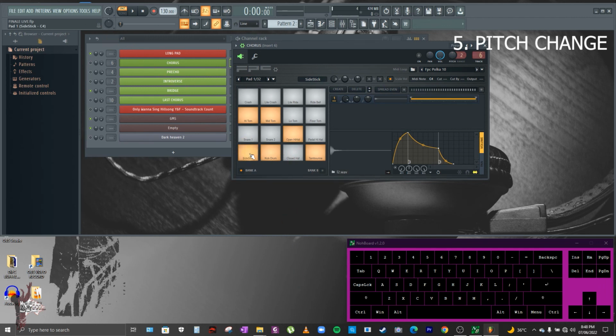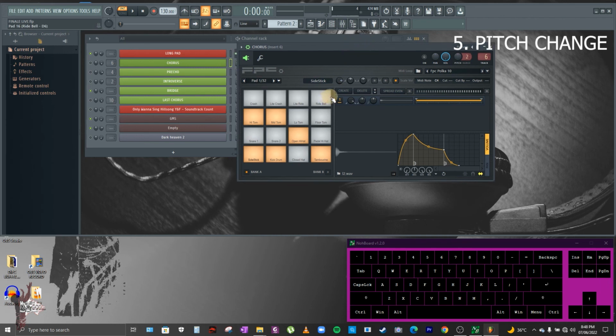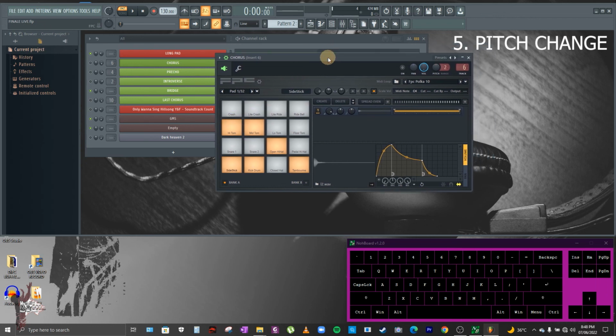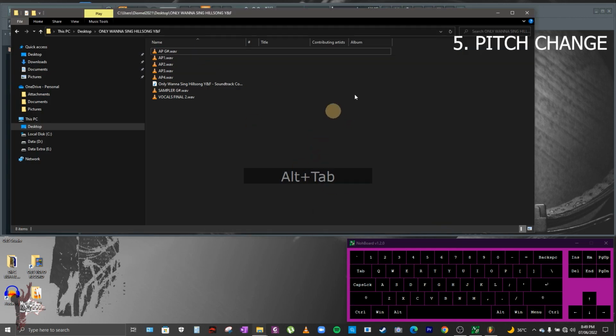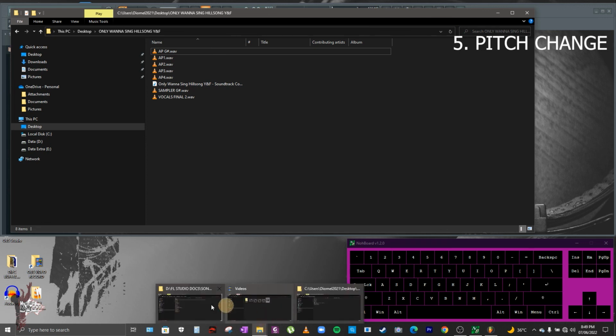So for tips, whenever you see white colored pads here, it means that the pad is still empty. When it's highlighted in this orangey color, it means that a sound has already been routed here. So the only drawback in this kind of process is that you need to do the process all over again for each individual synth sound or pad.